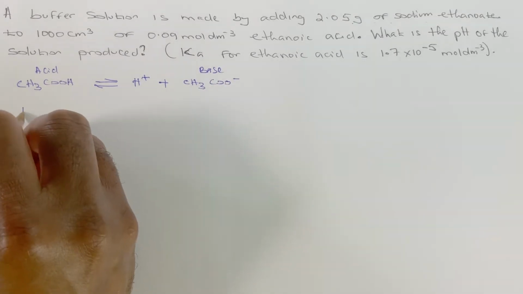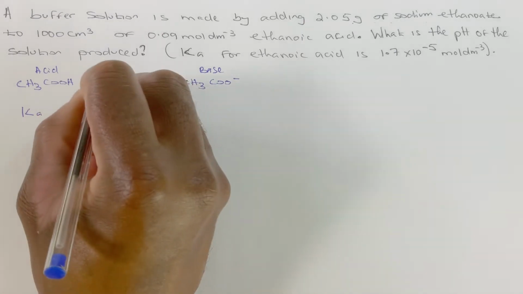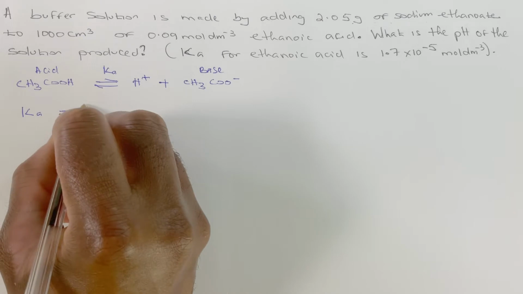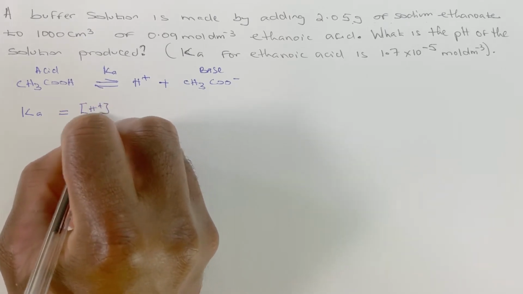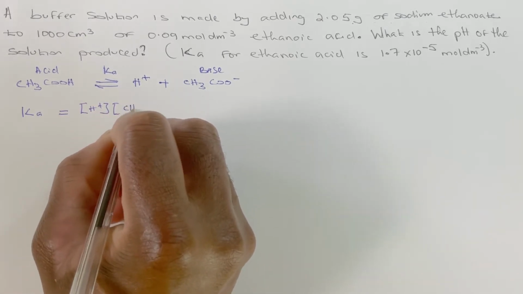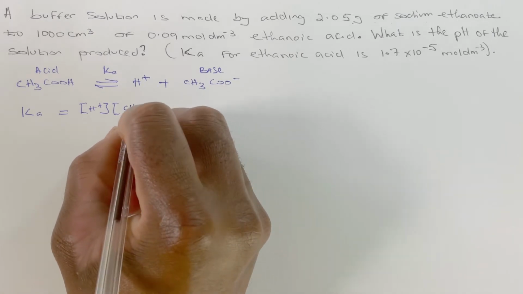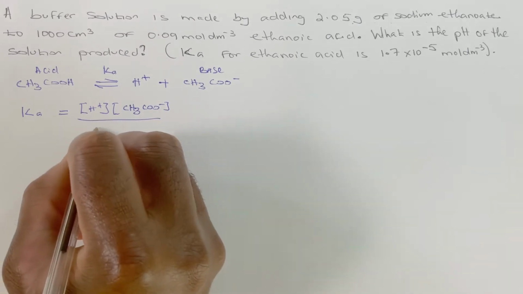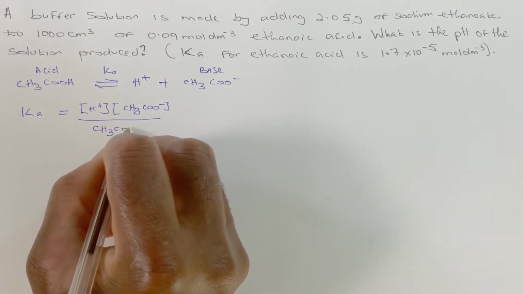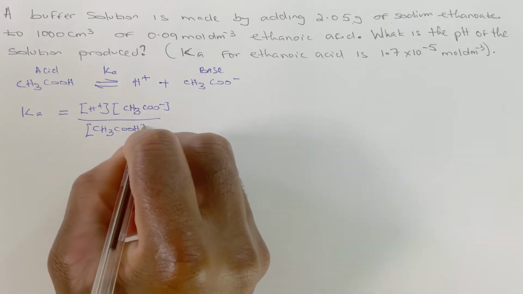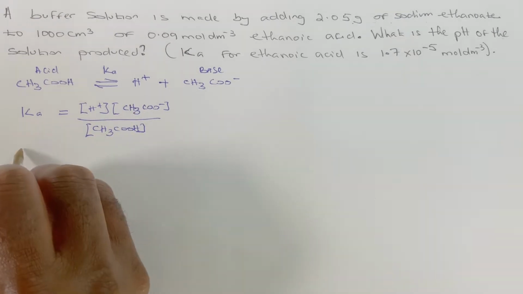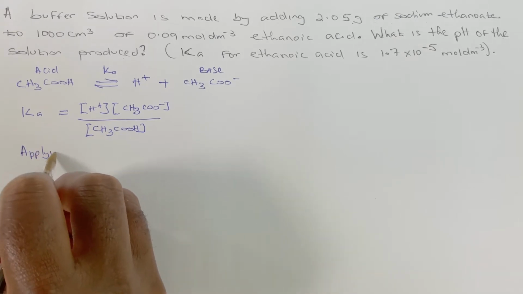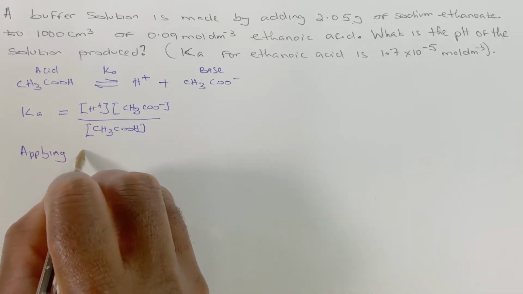So write the Ka value for this. The Ka value is going to be the concentration of H+ times the concentration of the base over the concentration of the acid. So that's the base, that's the acid. Now, applying